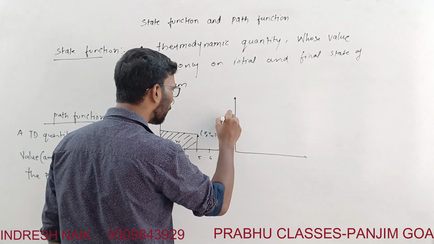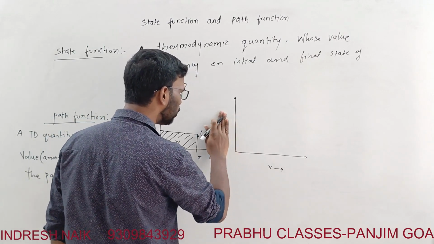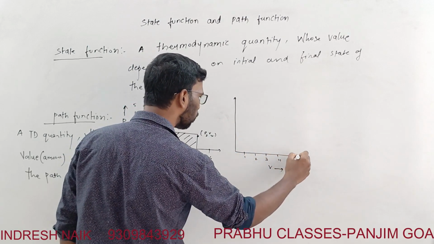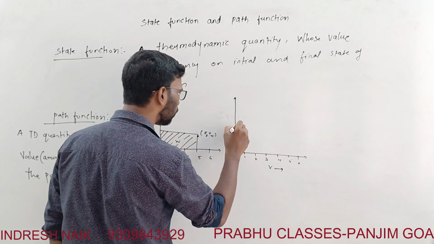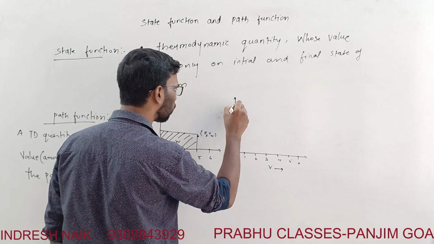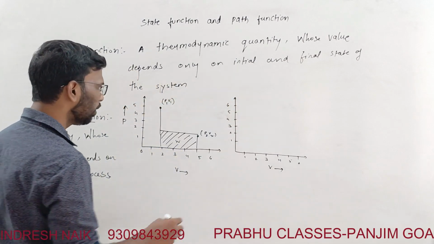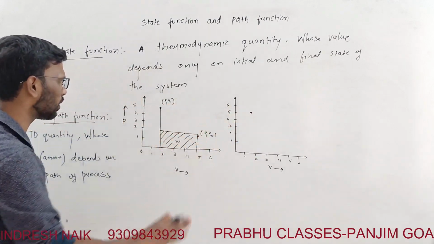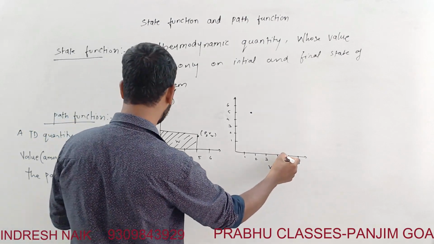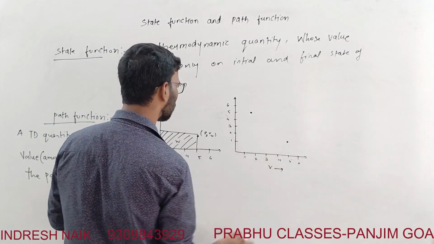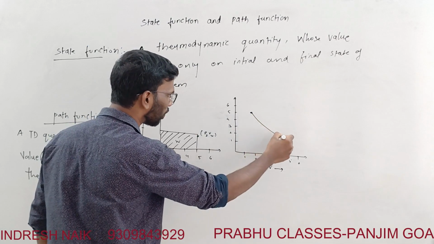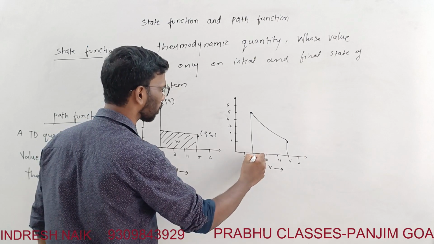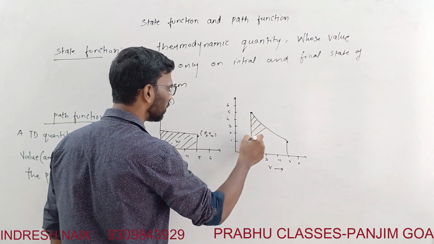Same thing I am doing. Pressure, and this is volume. Let's do some scaling over here. This is 1, this is 2, 3, 4, 5, 6. So 1, 2, 3, 4, 5, 6. The initial point was 2,5. Okay. Graphs may not look the same, but scale wise it is the same. And this is somewhere here. Okay. And the graph is this way. The change is brought this way. And this is the work done.